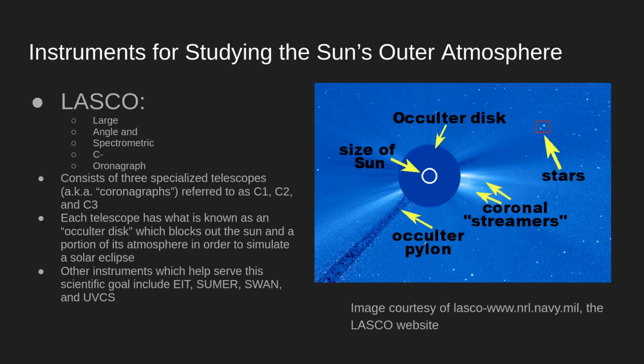Now, the other one that I think is quite cool is LASCO. This stands for, as another one of those clunky acronyms, Large Angle and Spectrometric Coronagraph. So the Large Angle and Spectrometric, that's got to be how you say that, coronagraph. It consists of 3 specialized telescopes, also known as coronagraphs, referred to as C1, C2, and C3, and each telescope